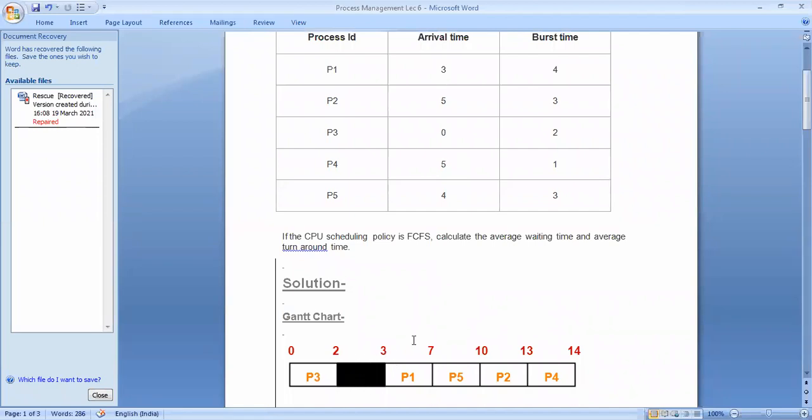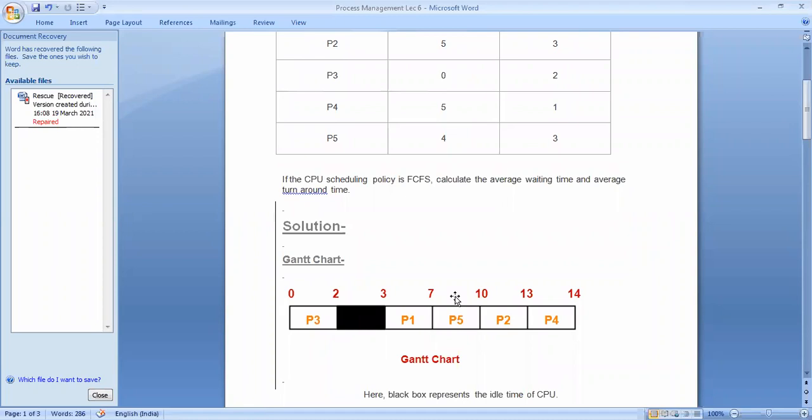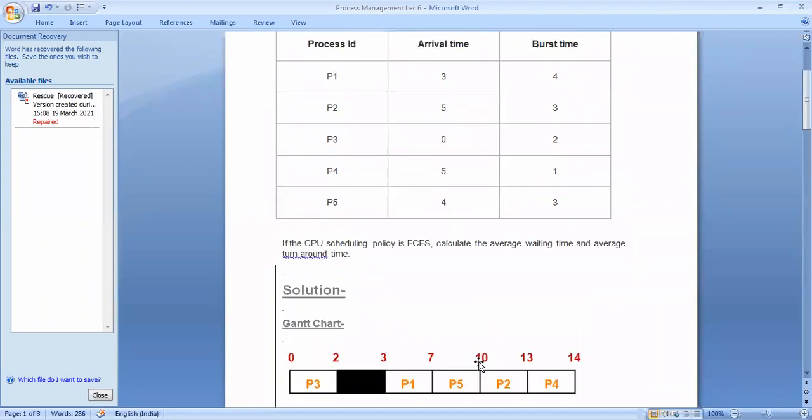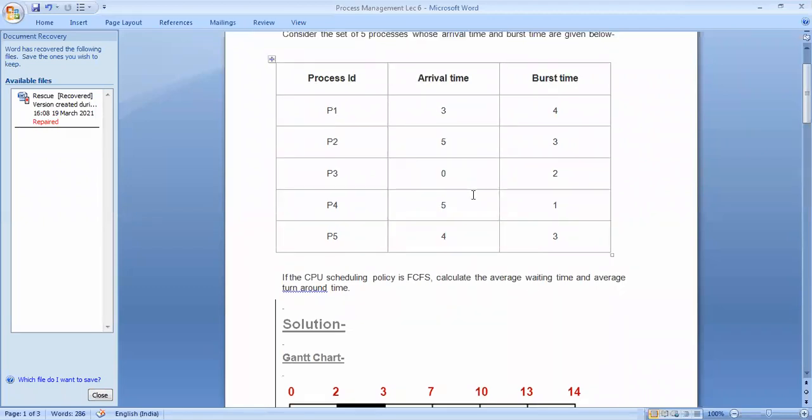The black box represents the idle time of the CPU. Anyone have any doubt about this? Because all the other processes arrive at 3. That means the next process arrives at 3. So the next process is